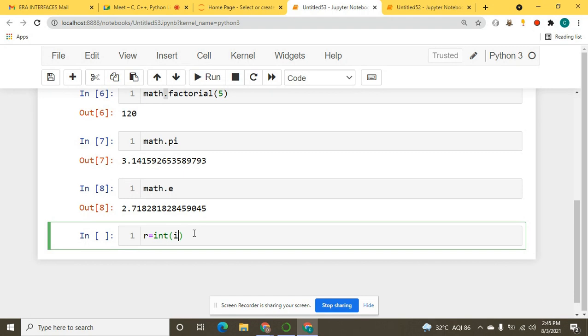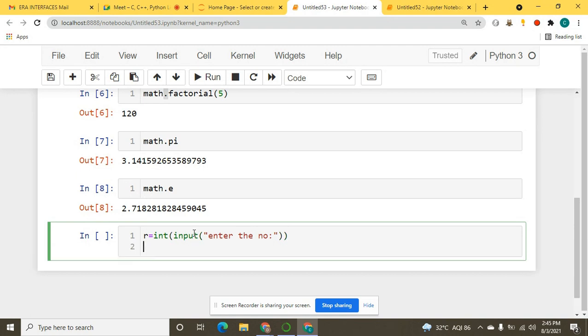I will say input, enter the number. Now area of circle, right? What is the area of circle? I hope we all know. The area of circle formula is pi into r raised to power 2.